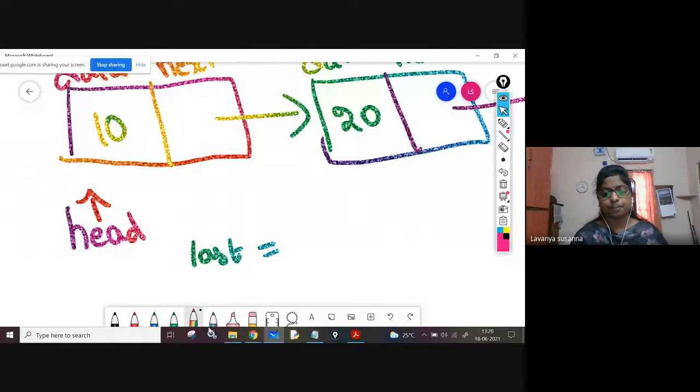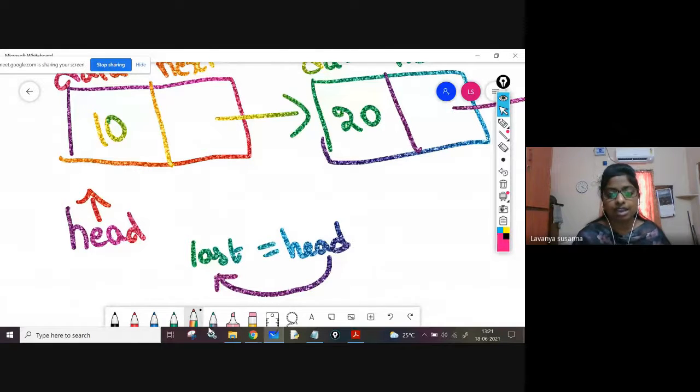Once again, see, you should not move head. That's why I am taking another pointer variable last. Last equal to head. Head address you are assigning to which pointer variable? Last. Now last points to first node. Okay, using this last only, you are going to move. You are going to traverse.